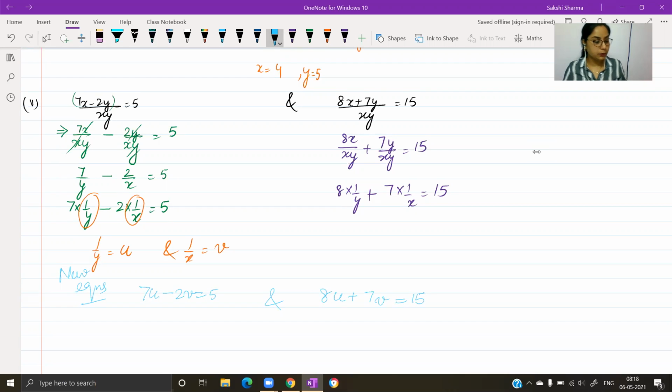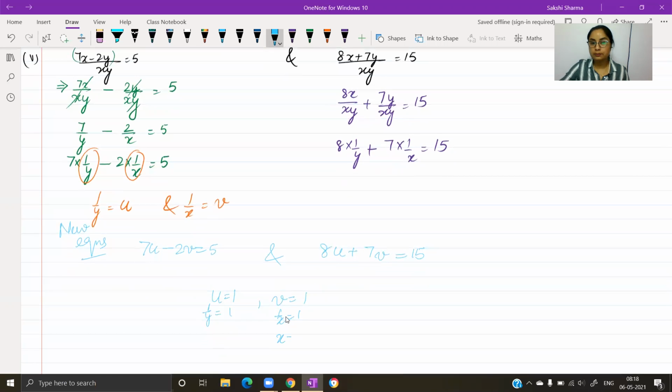Anyone who has obtained the answer for u and v? Both come out to be 1. U is 1 and v is 1. Using now what u represents, you will get each of them as 1 again. X and y each come out to be 1. Done? I've not done this solving part. I'm leaving that to you in case anyone's writing this down at the moment.